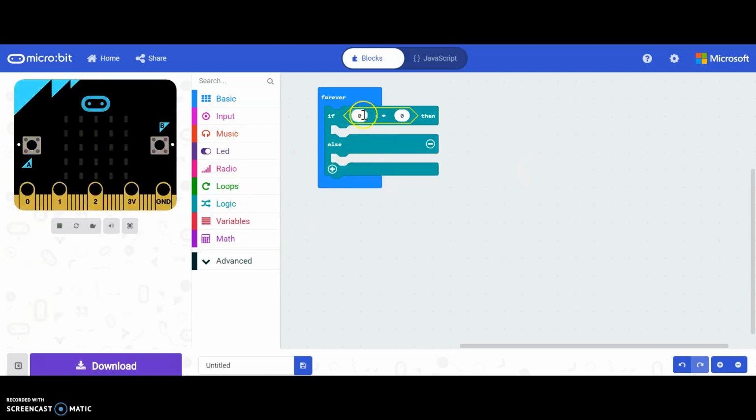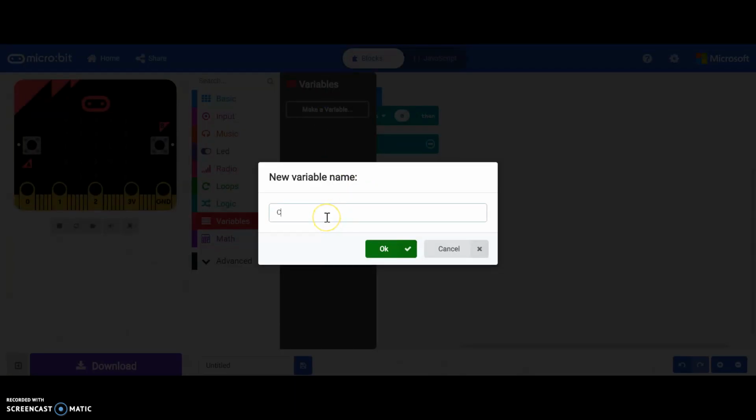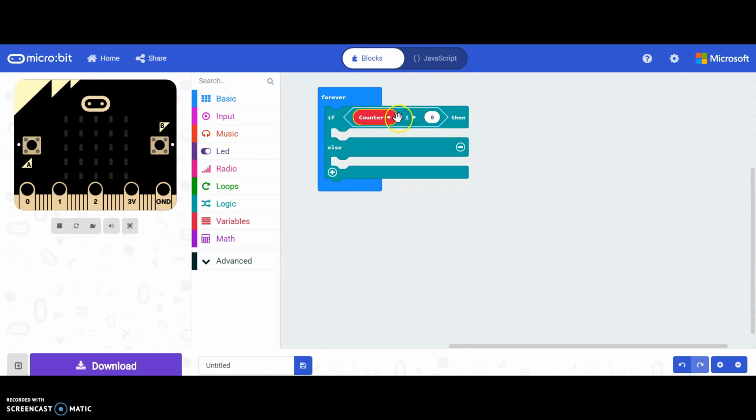So what am I going to be comparing? I need to make a variable here. So if the counter is less than or equal to, that's what I'm looking for. I'm going to change this to less than or equal to. I'm going to need to now next make my variable. Remember, in order to make a variable, we come into our variables drawer and we click on make a variable. I'm going to call this variable counter because we're counting numbers. So if the counter, notice I'm going to drop in that first 0, if the counter is less than or equal to,